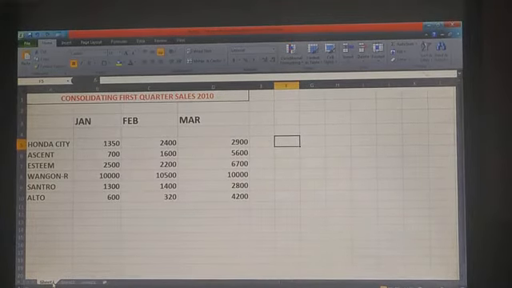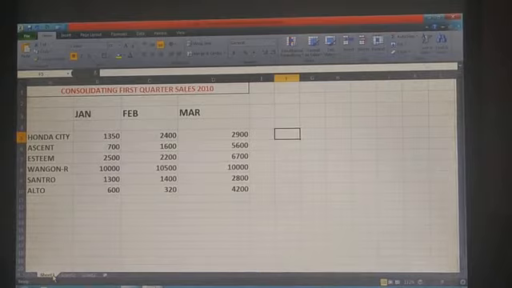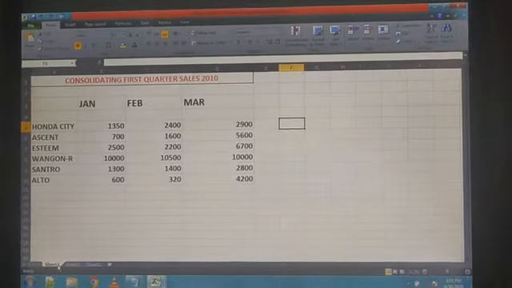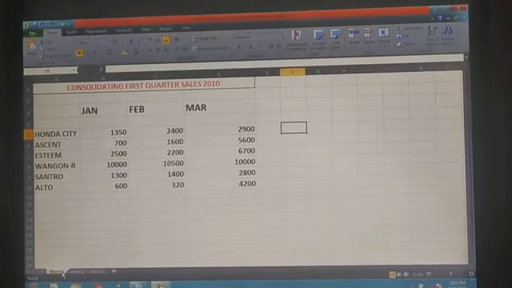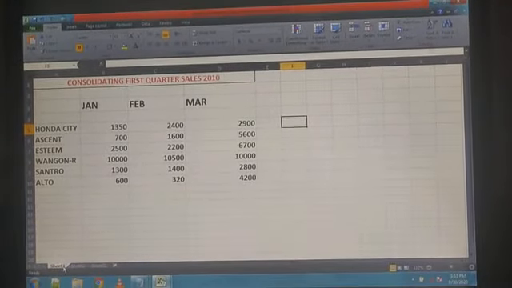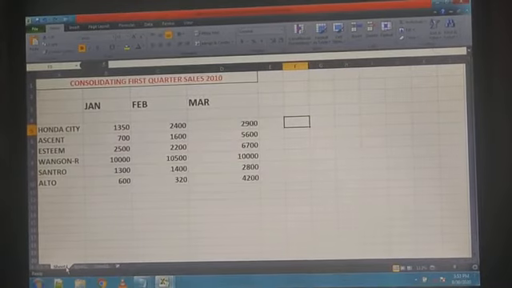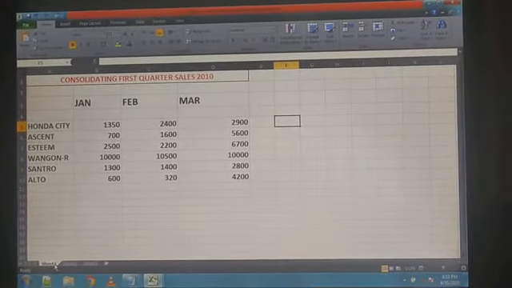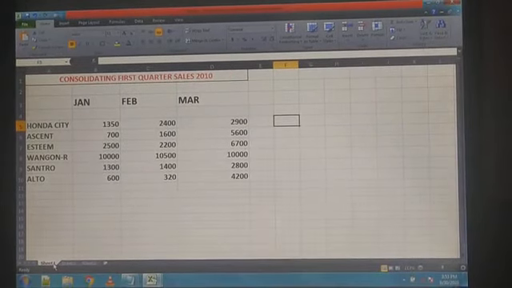Grouping and ungrouping worksheets. For grouping worksheets you have to press the shift key and click on the sheet 3 tab. So sheet 1, sheet 2 and sheet 3 will be grouped. So whenever you put any data on the sheet 1 tab, this will automatically copy into sheet 2 and sheet 3 because all sheets are grouped together.